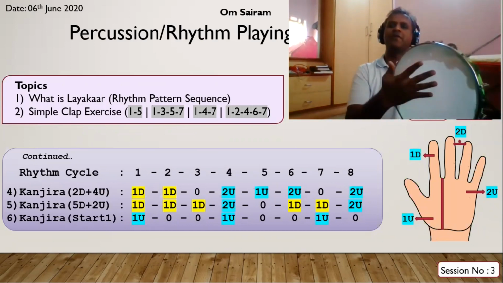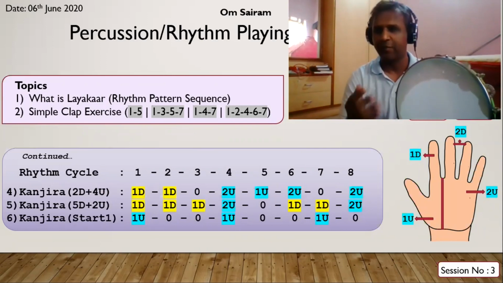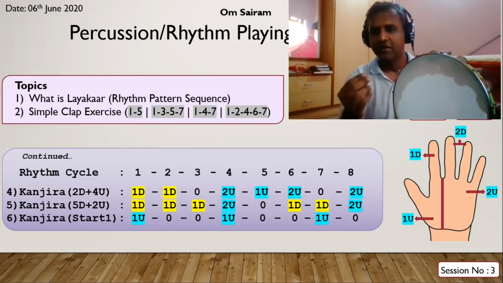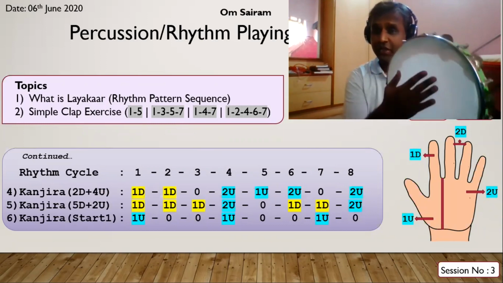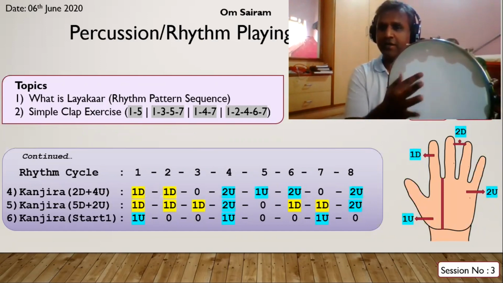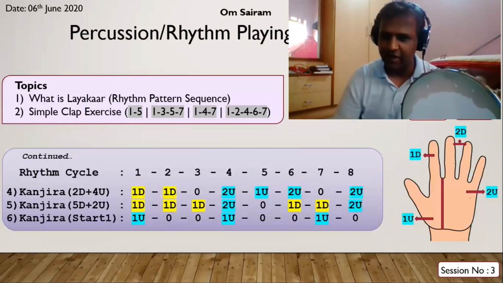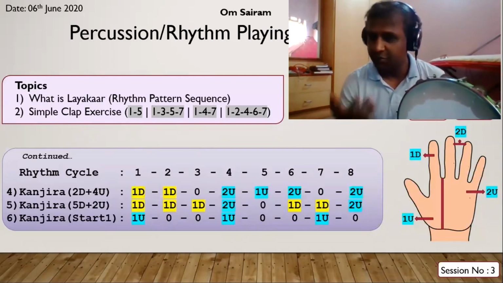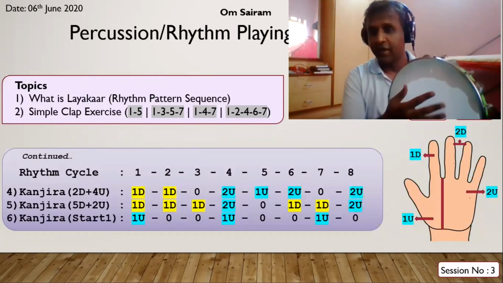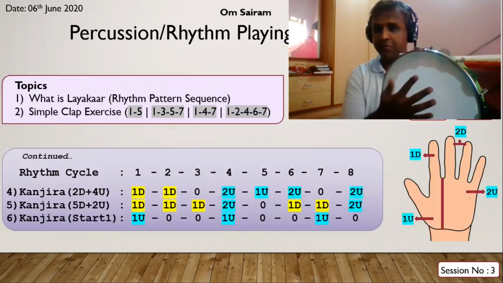Simple exercise. Okay. Again, I'll sing a little slowly. You can sing, or try to play at your place if you have a Kanjira. Try to play along with me. Ganesha Sharanam Sharanam Ganesha. Okay, again we'll try once more, the last time. We'll take some other bhajan, a simple one: Guru Devaya Namo Namo.